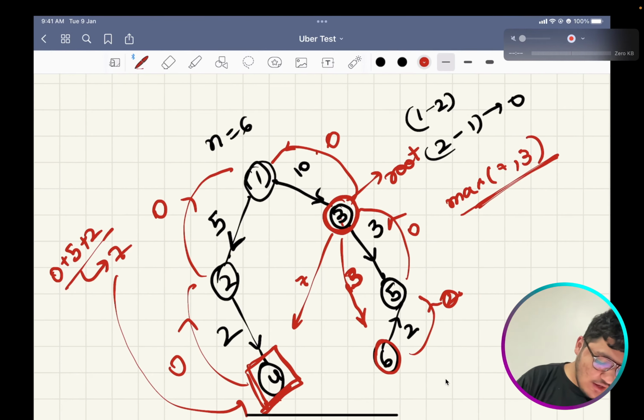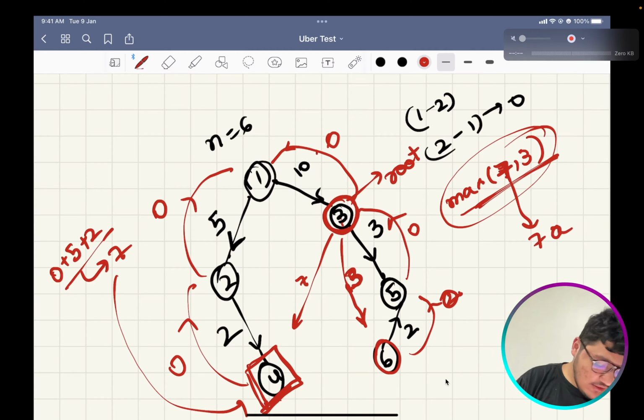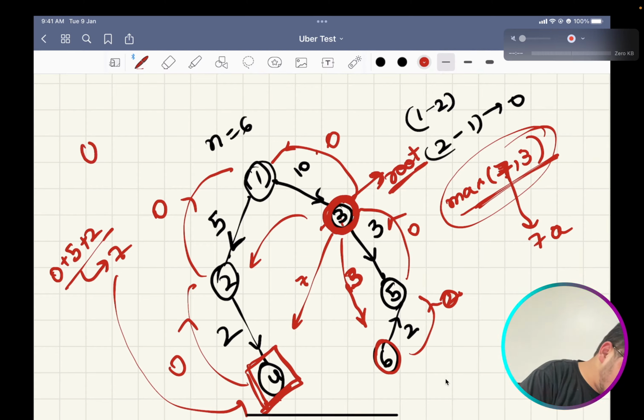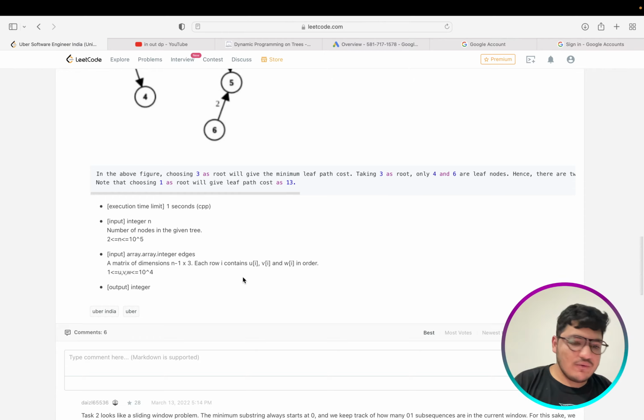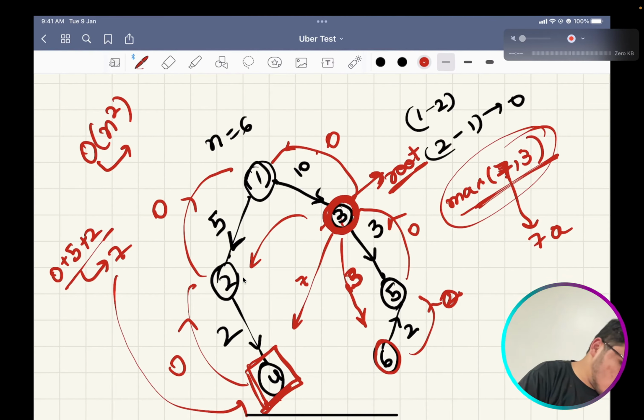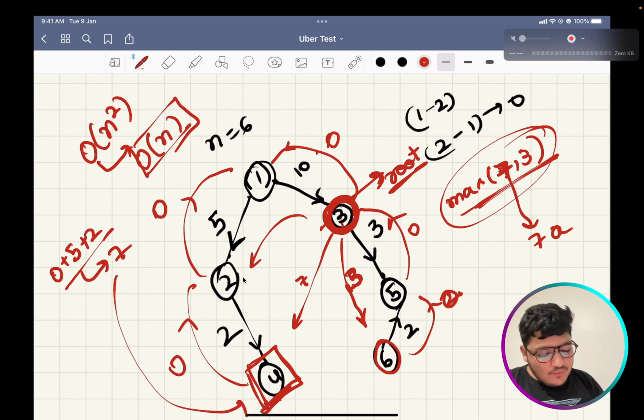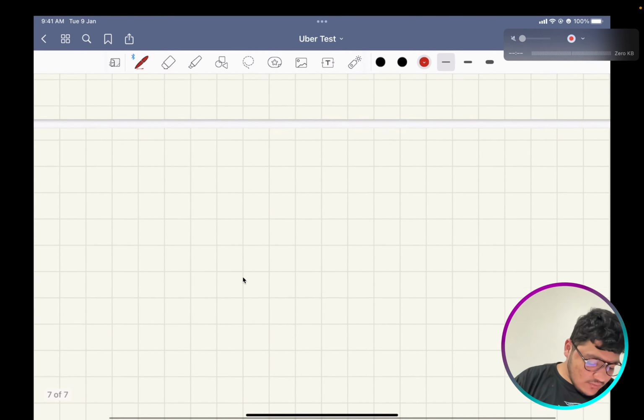Yeah. So you have to return the maximum values in both. So you would be returning 7 as an answer. You have to do this for every root, every node. You have to make each one a root, and then calculate these values. That would be an order of n square kind of solution. Here your n constraint is 10 to the power 5, so it won't work. So you have to think of something better, something of order n only. So now it's like DP on trees.